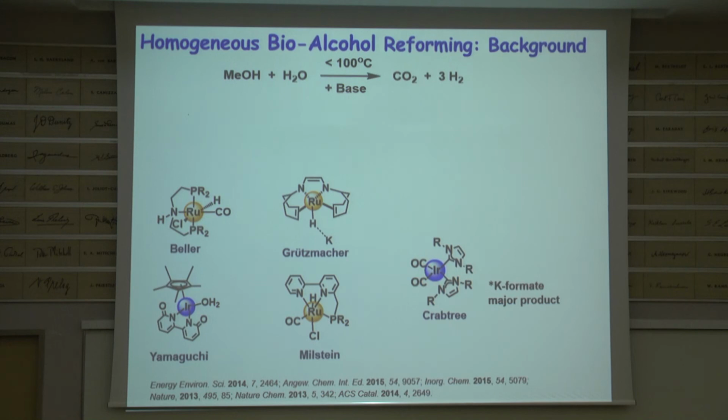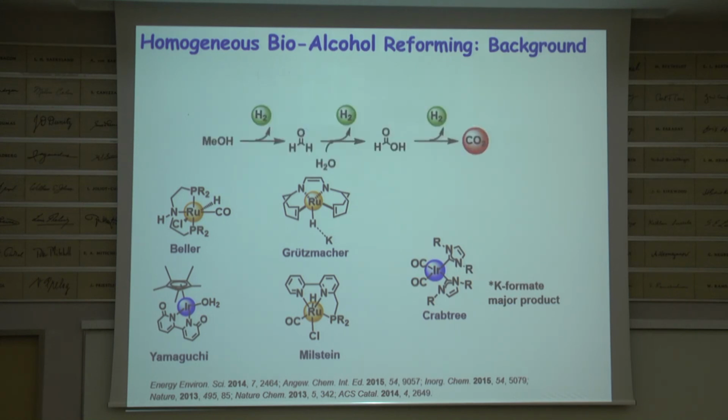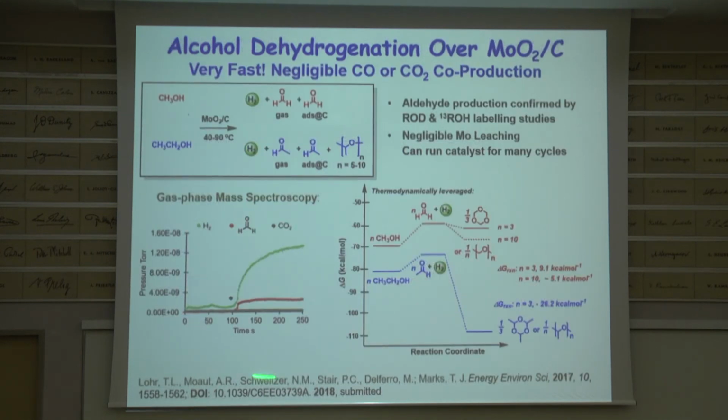And an interesting question that's been in our mind: if the sequence is something like you lose hydrogen to make formaldehyde, and then you go on and you end up finally with CO2, could you stop here with the right catalyst? None of these catalysts will stop there. They always make carbonates or species like that. And this is Tracy's work.